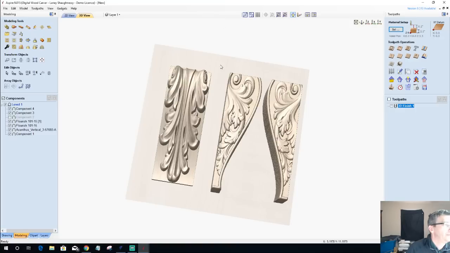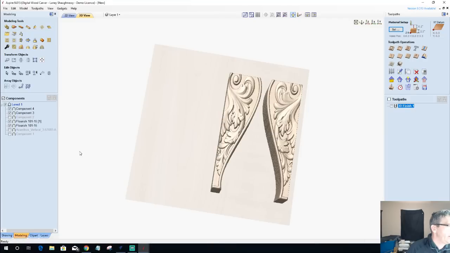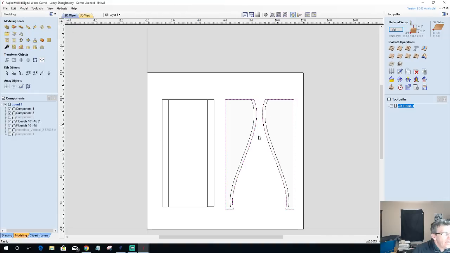And I would take these, oops, I want that one on. I would turn this off here, my 2 main parts there, and I would take these 2 parts here and these vectors. So with those selected, if I hold down my shift key and I grab the models as well,